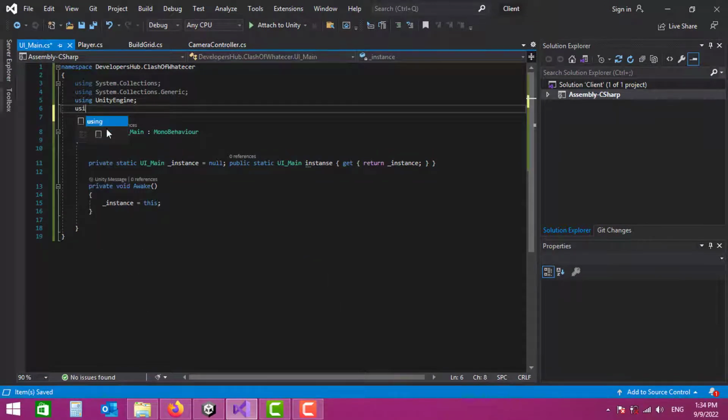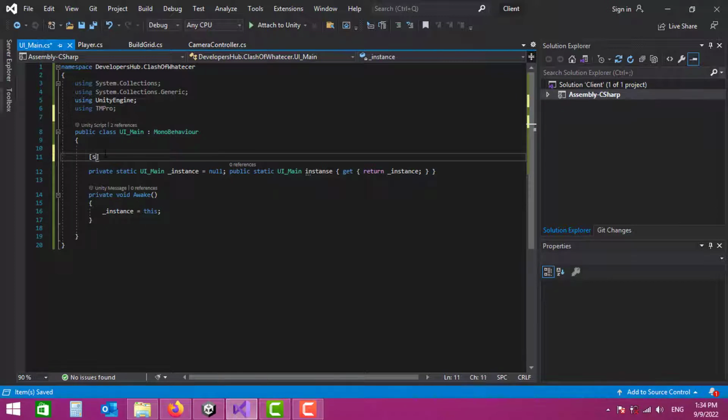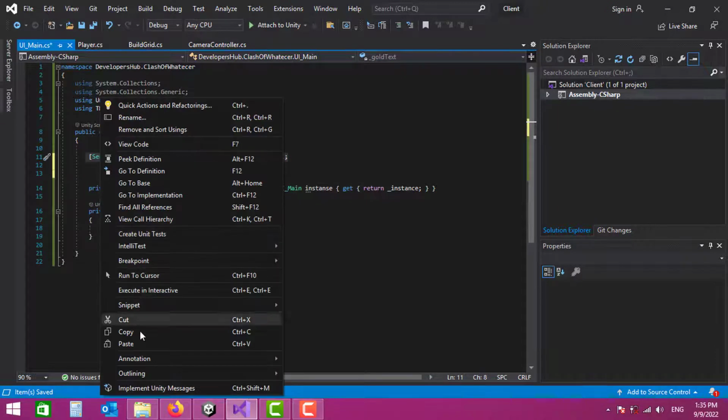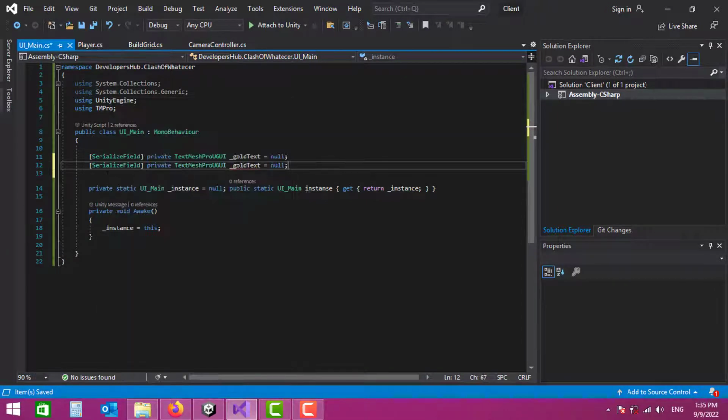And we say using, because we're using Text Mesh Pro, so we say TM Pro, and here I'm gonna create a serialize field, and it's going to be a text, and it's going to be the UI element that is going to show the amount of our gold. We're going to create 2 more for our elixirs and gems,